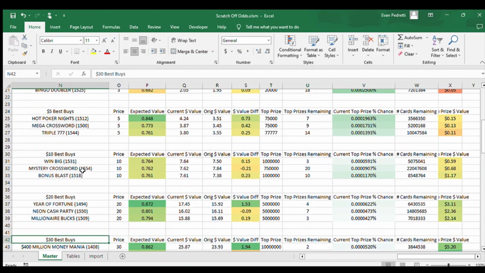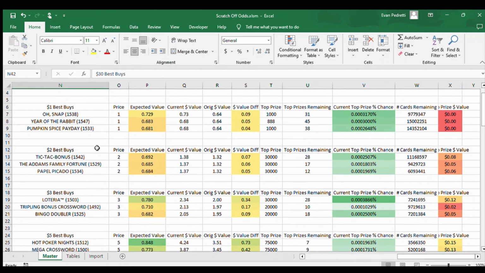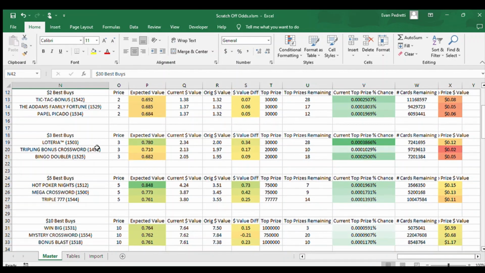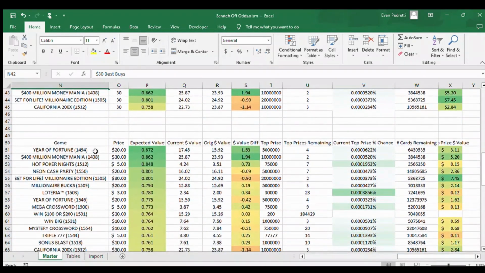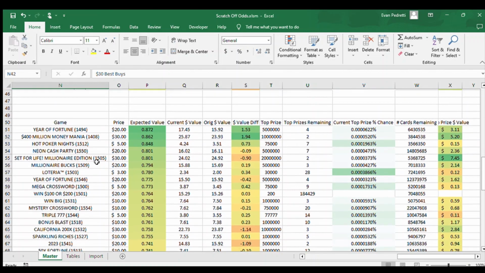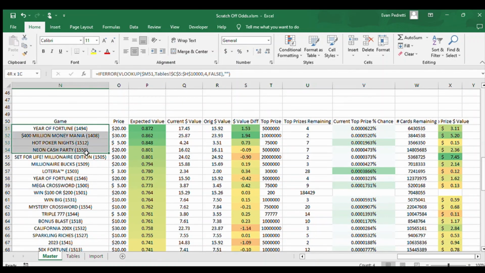So for now, you're just gonna have to screenshot this video, or just pause it where you want to pause it at, and either take a screenshot or just take that paused video with you to the store when you go, or write them down on a piece of paper. However you want to get this information available to you when you're going to buy tickets,